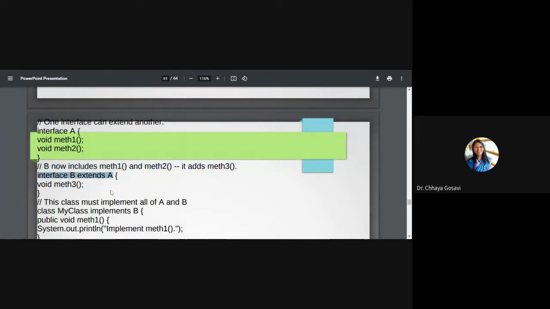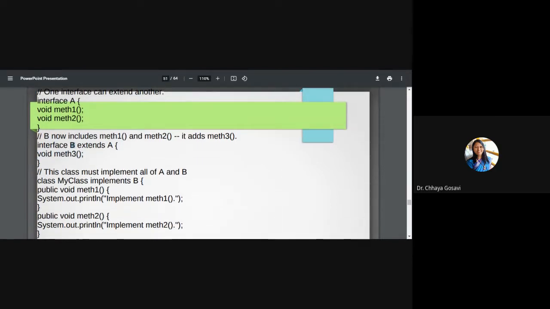We are saying interface B extends A. This is very important. We are using this keyword extends instead of implements. When one interface is extending another interface, it has to say extends, and it has its own method meth3. So B has included meth1, meth2 as well as meth3.